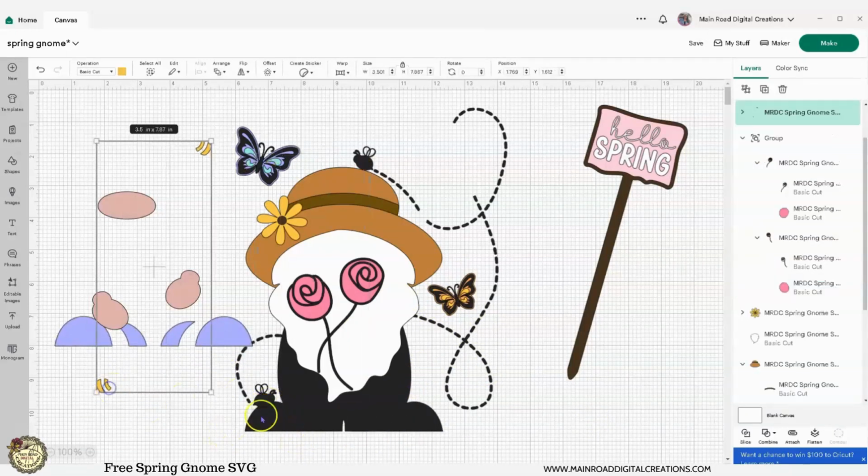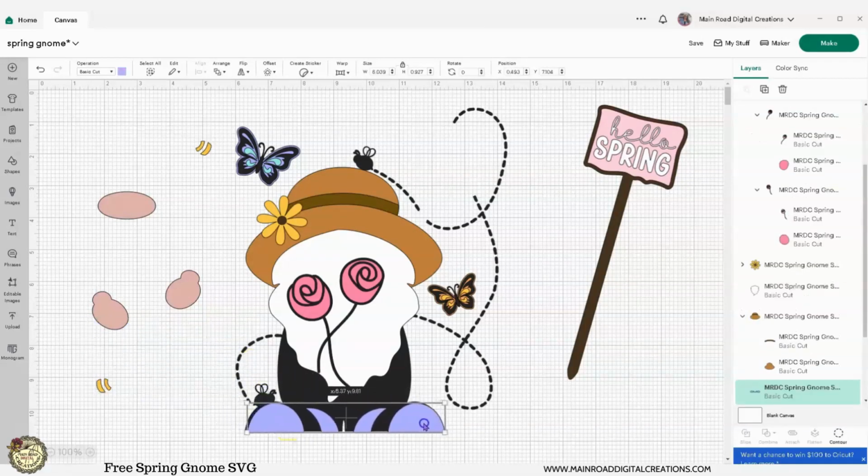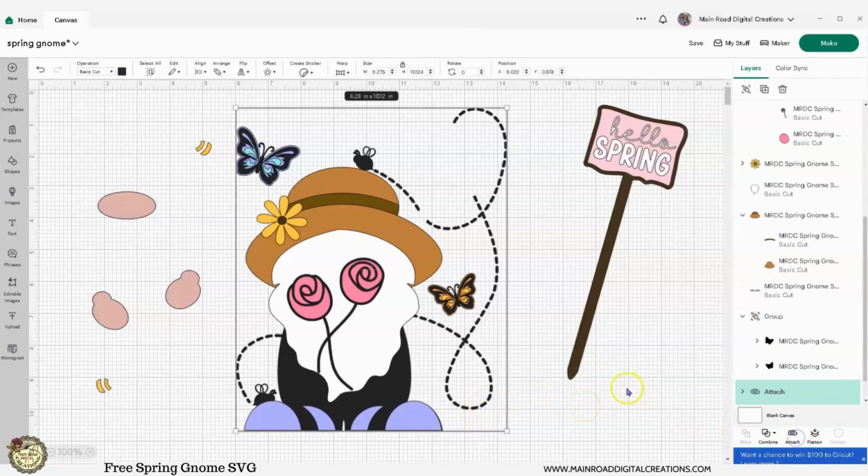And move that out of the way. I don't know if you can see this here. This now lands, this is all going to cut as one piece, meaning this bee is actually connected to his pants down here. So when you go to put his shoes on, it's going to be on top of that bee. So it may not be a big deal to you, but I just wanted to make sure that you are aware of that. So if you detach this,